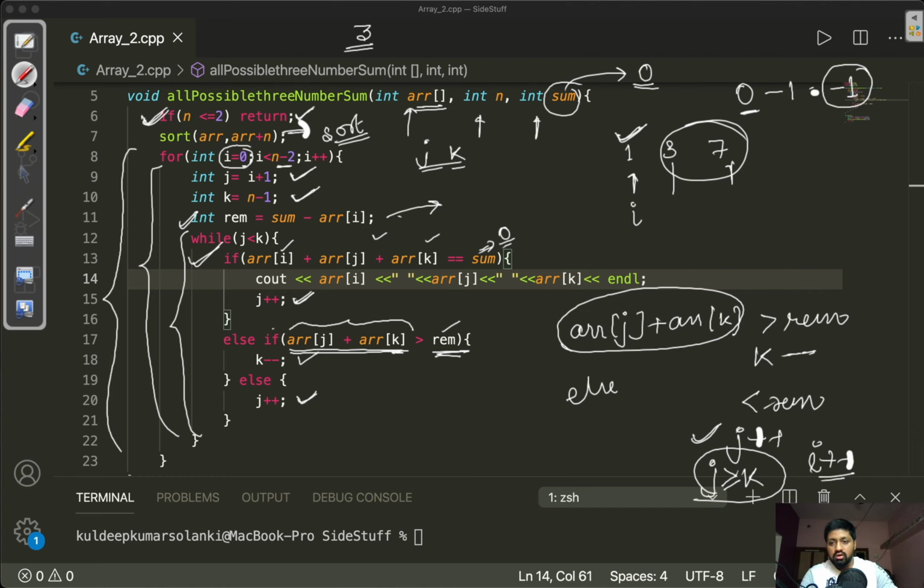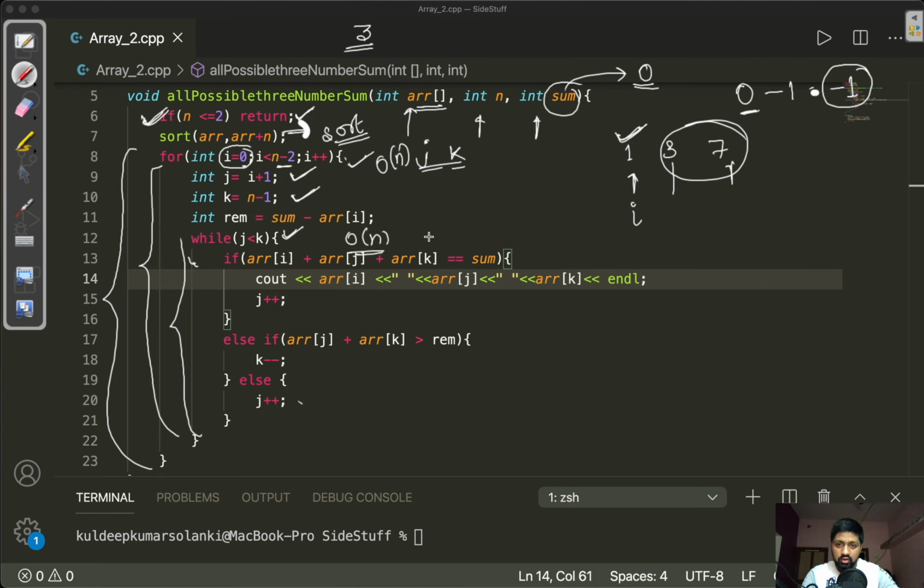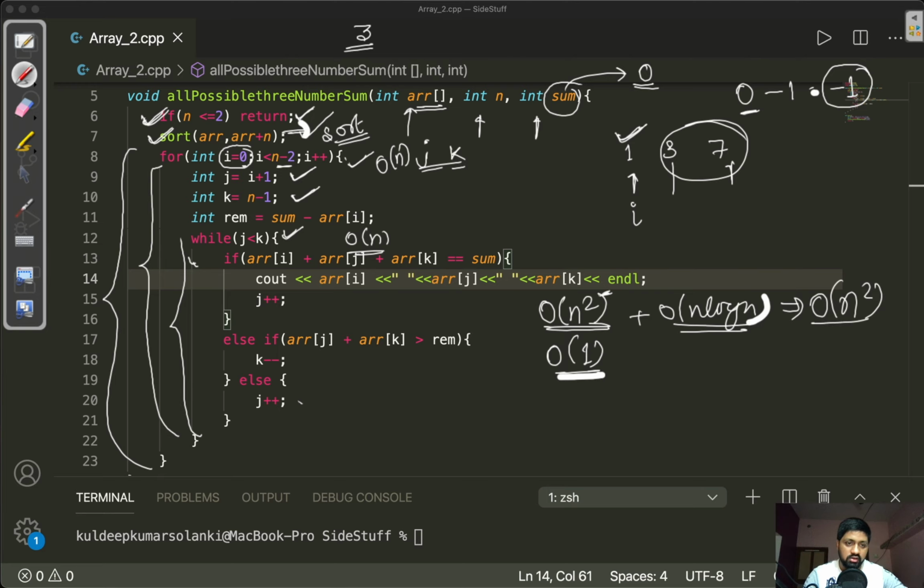So the overall time complexity in executing this is this loop, which is taking O of n time. And the other two loops, which is j and k, will go effective O of n time because they will never exceed each other. So the overall time complexity is O of n square, and we are not taking any extra space, so the overall space complexity is constant. Just remember one thing, there is time complexity of O of n log n also in this case for sorting this array, but we are not considering it because O of n square is greater than O of n log n, so effective complexity is O of n square.